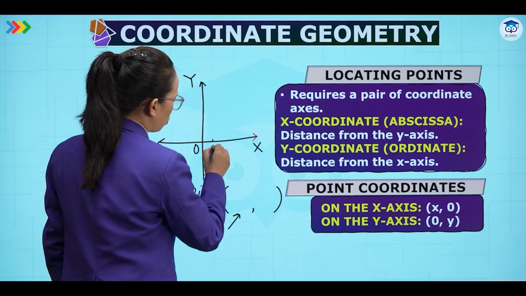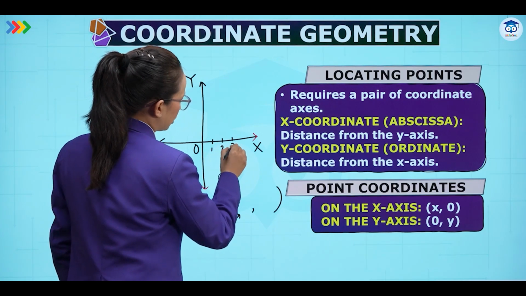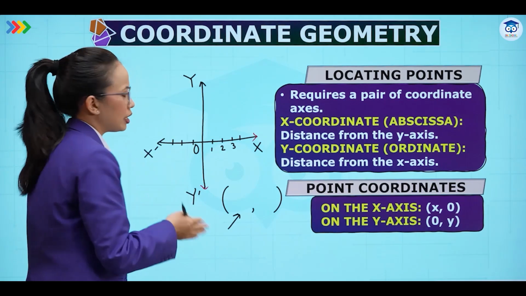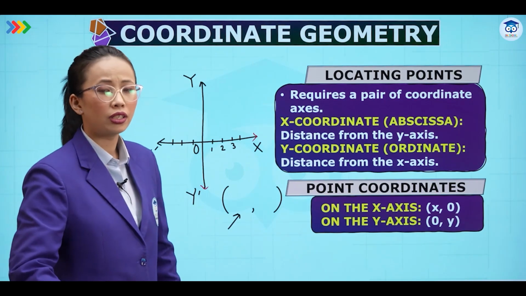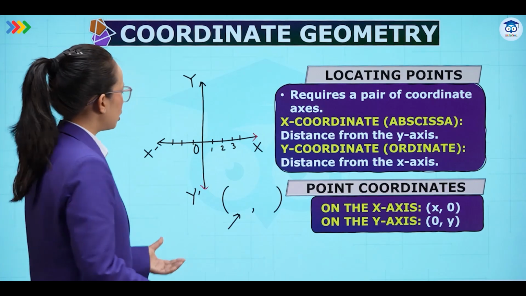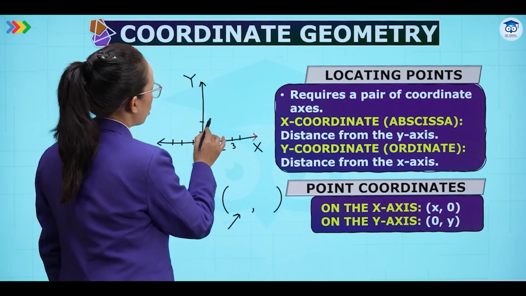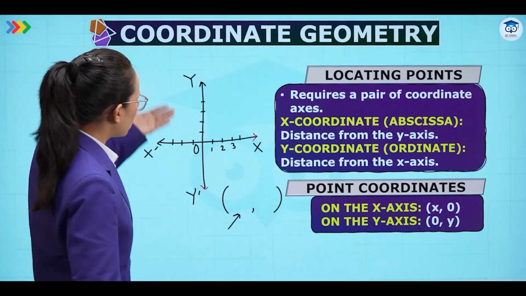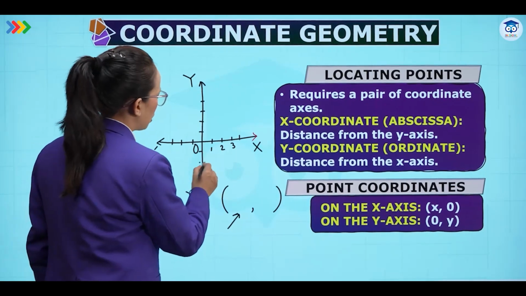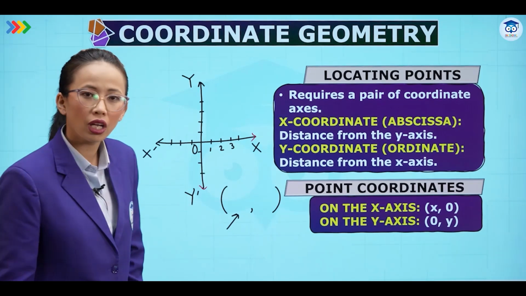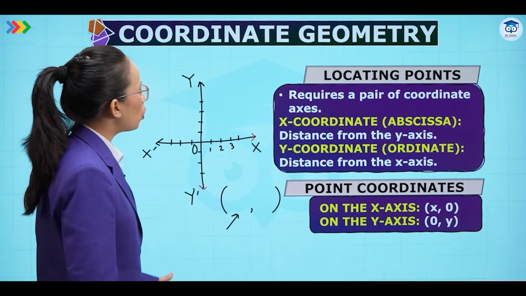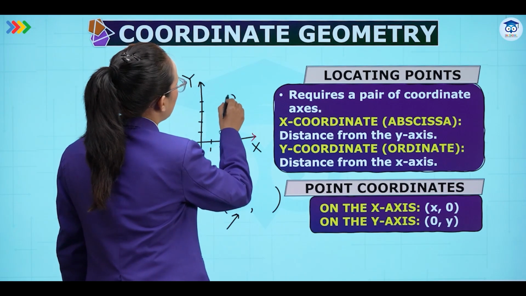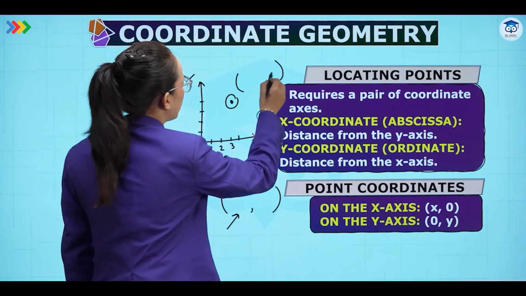On this side we have 1, 2, 3 and so on. On this side we have -1, -2, -3 and so on, like a number line. Similarly, on the y-axis we have 1, 2, 3, 4 in the upward direction, and downward we have -1, -2, -3 and so on. Now if we are going to name a point, it will be denoted by coordinates